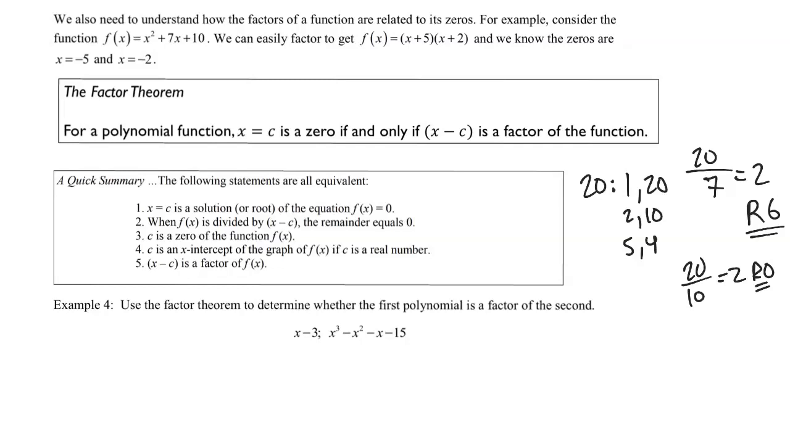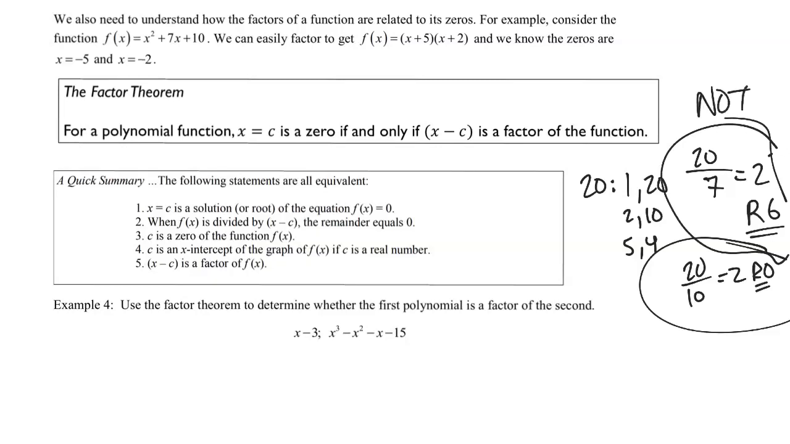So why is that important? Because if I want to determine if something is a factor, all I really need to figure out is what the remainder is. If the remainder is 0, for example here, then the number is a factor. If it is not 0, then that is not a factor. And so that's essentially what we're going to be doing here, is figuring out what the remainder is so that we can make the determination, is that